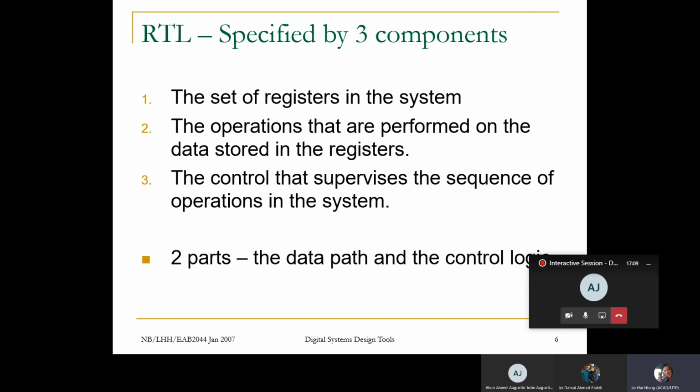hardware description of a hardware, we can split it into two parts. And this is common in all digital systems. So digital systems are typically split into the data path and the control logic. In the RTL, the set of registers and the operations that are performed on the registers sit in the data path. The control that supervises